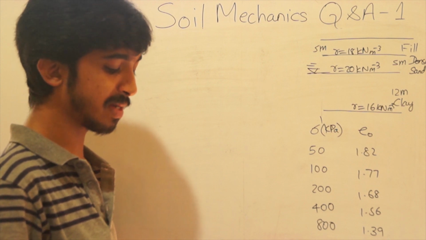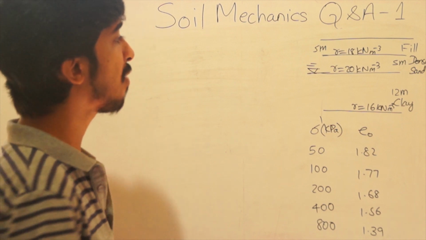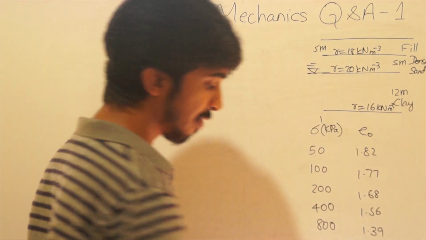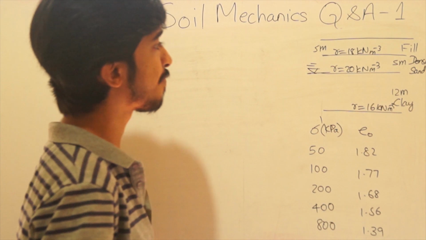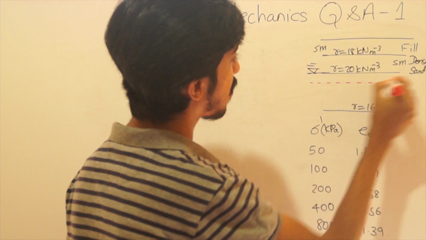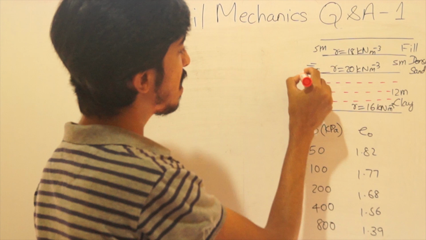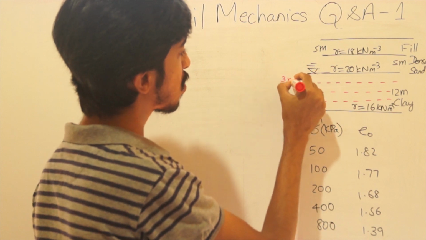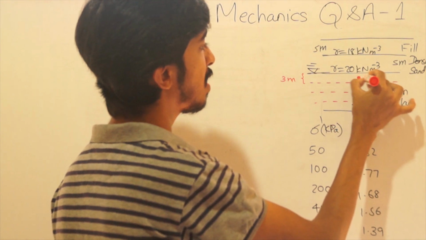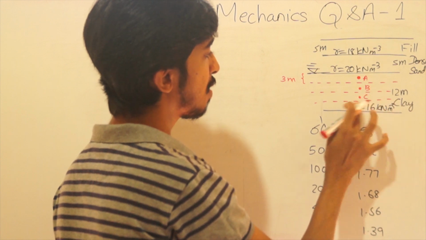They have asked us to subdivide the clay layer into 4 sublayers of equal thickness and compute the effective vertical stress at the center of each sublayer before and after construction of the fill. So they want us to divide this clay layer into 4 sub portions. So this is the first portion, then 2, 3 and 4. Each portion has a thickness of 3 meter, and they are asking us to compute the load at the center of each portion before and after